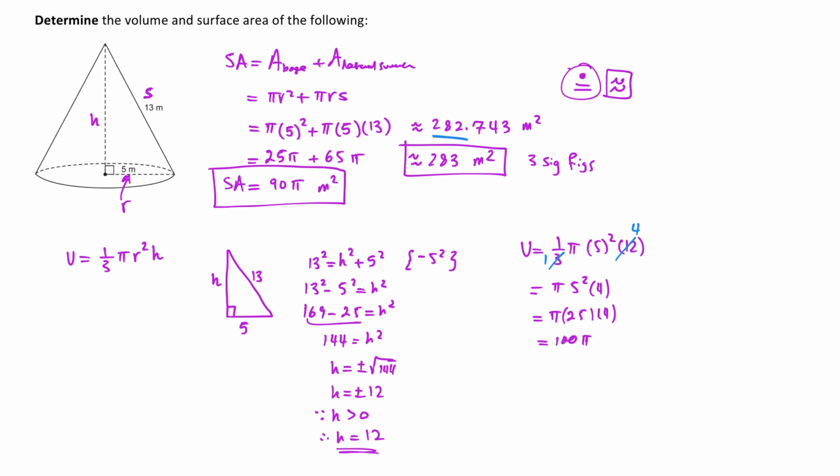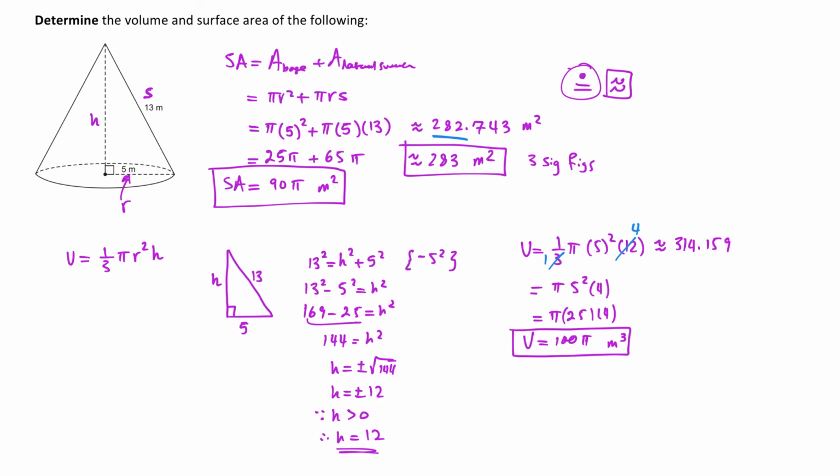And since it's volume, that means you're multiplying a side times another side times another side. So you're meters times meters times meters, which gives me meters cubed as my final answer over here. And this is an exact form of the answer. If I wanted a rounded answer, I can just plug this first line over here into my calculator right away. So 1 over 3 times pi times 5 squared times 12. And if I did that, I would have gotten an approximate answer of